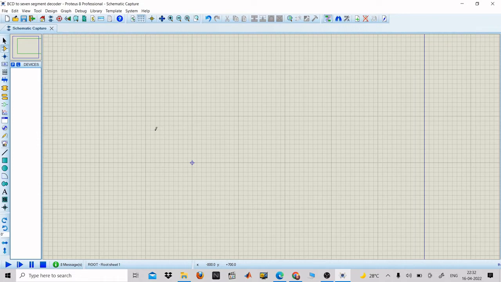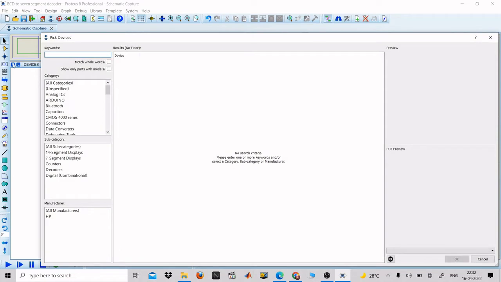So first we'll take the devices from the library. For that you will have to go to the pick devices. There is a P symbol just beside the L, and you will have to click on that P symbol. So a pick devices window will open in front of you. Now here you will have to enter the keywords of the component which you want to drag in the